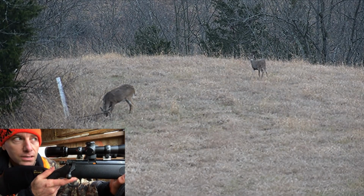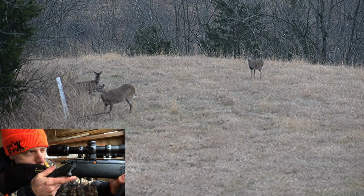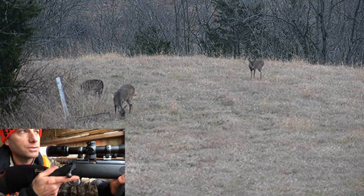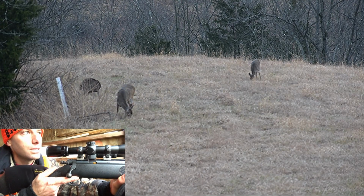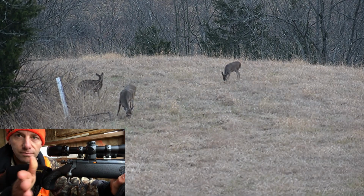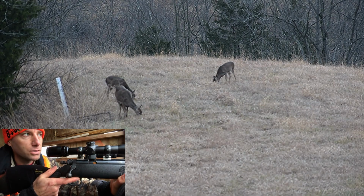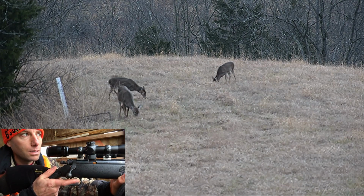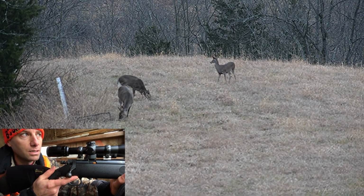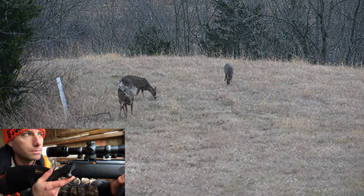Debating whether she's, oh, there's another one. I was thinking about shooting her there, but they seem like they're working this way. There's times where they just veer off into the woods, and if that were to happen, I wouldn't get a shot. But I think that other one that's with her is another one of her fawns. I'd say fawns, they're almost a year old by now, but